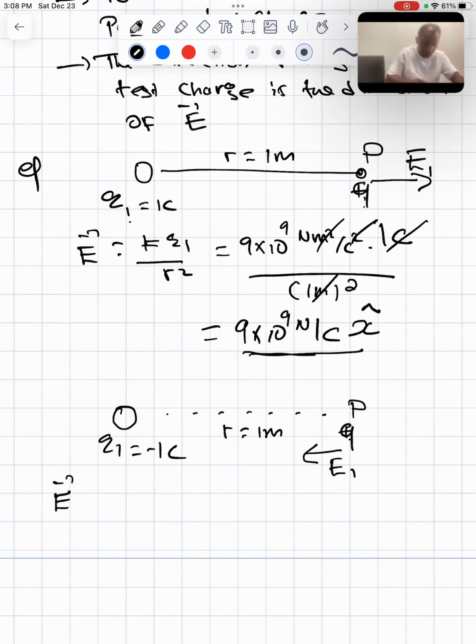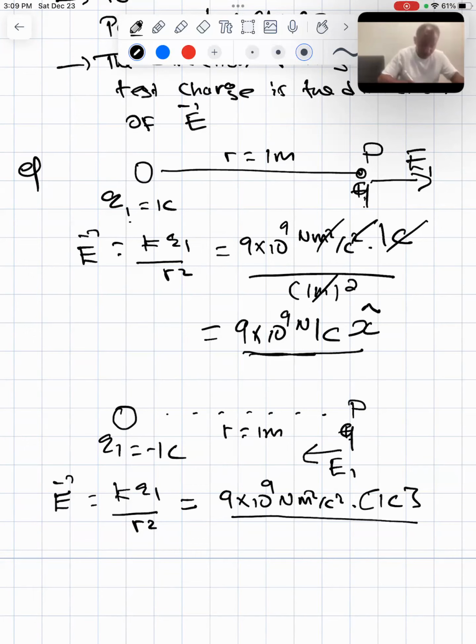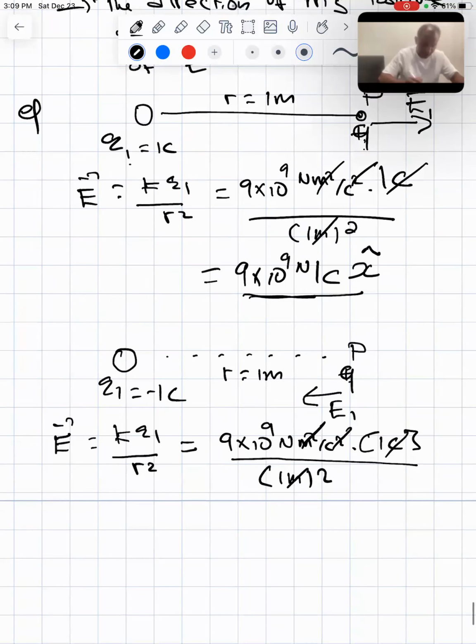To find the magnitude, just simply plug into kQ1 over r squared. Don't put any negative number, because the direction is already taken care of. Even if Q1 is negative, don't put the sign. K is 9 times 10 to the 9 newton meter squared per coulomb squared. Q1 is just 1 coulomb, and the distance r is 1 meter, squared. Meter squared cancels meter squared, coulomb cancels coulomb. So your electric field will be -9 times 10 to the 9 newtons per coulomb, in the negative x-axis direction,